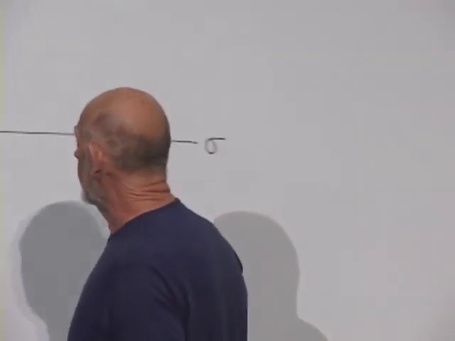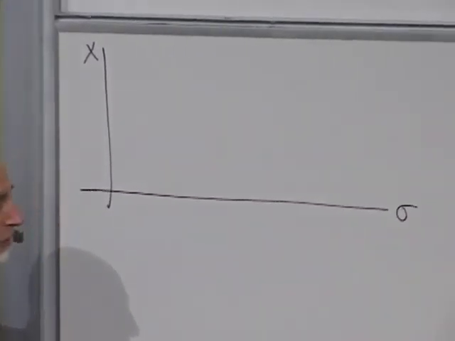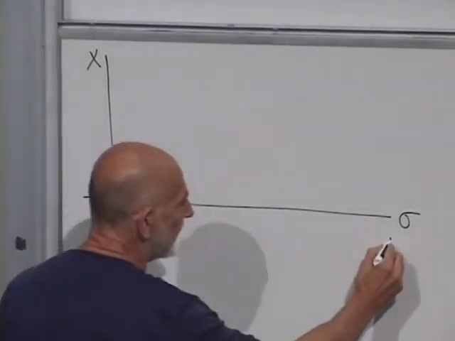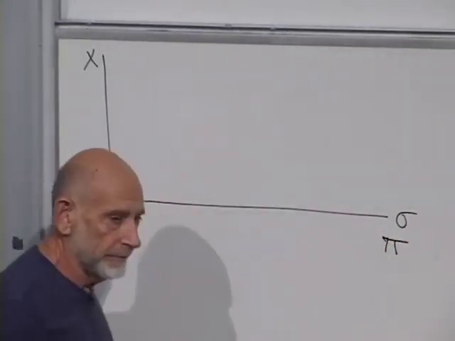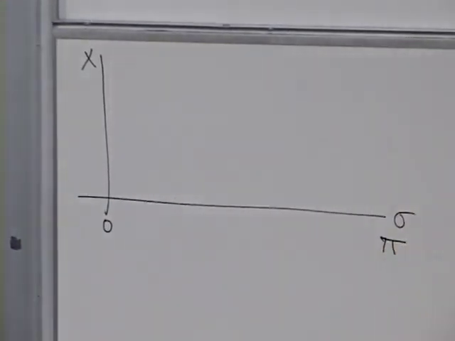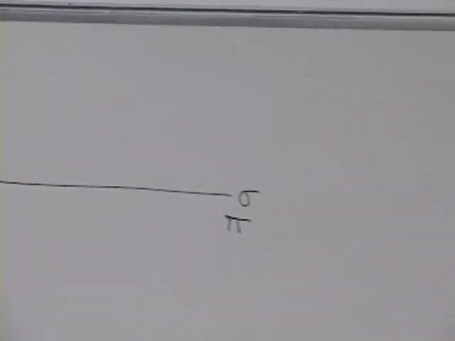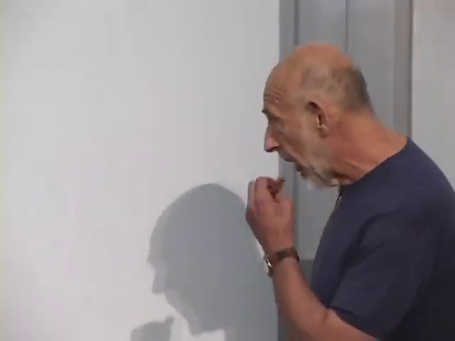And I'm going to allow, for the purpose of this discussion, sigma to be a variable which runs from 0 to pi. In other words, half a cycle around a circle. So sigma is an angular variable, except it's not quite an angular variable. It's an angular variable that only goes halfway around the circle. Now,